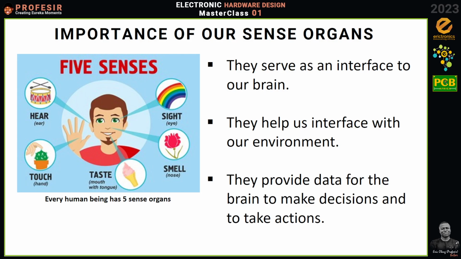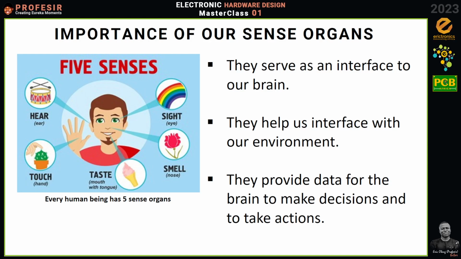Okay, and through these senses, our brain is able to get data to interact with our environment and also help us to make decisions. Okay, now in biology there is this thing called accommodation. Have you realized that when you are in a room and all of a sudden the lights go off, you can't see, but give yourself a few seconds and then you can now see, right? Yeah, so we call it accommodation. The ability for your pupil to adjust itself to see different light intensities, right? So these are some of the things that the senses do for the brain.